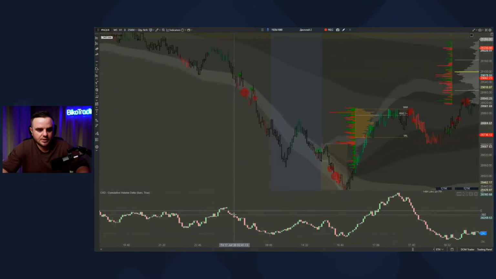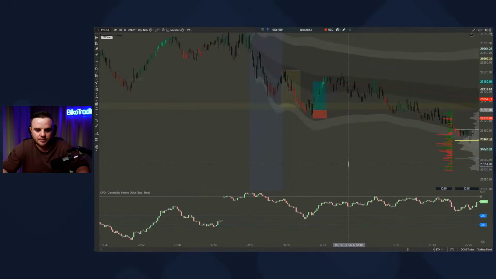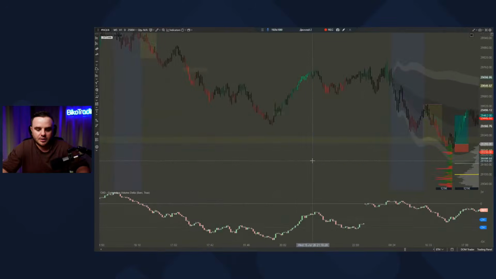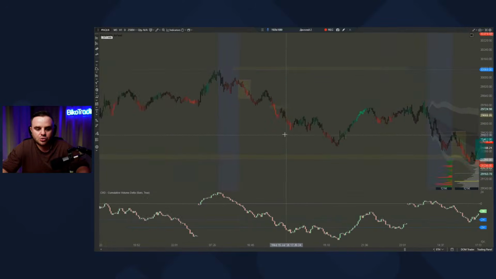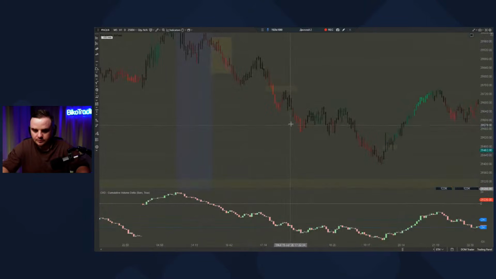In this case, as you can see, delta dropping and price also dropping. Why do I show you this stuff? Because once more, my dear friend, you need to remember context is also important. Like this situation, you can see significant delta, and what did price do? Price dropped. Significant delta, what did price do? Dropped. Significant delta, price dropped. You just need to remember